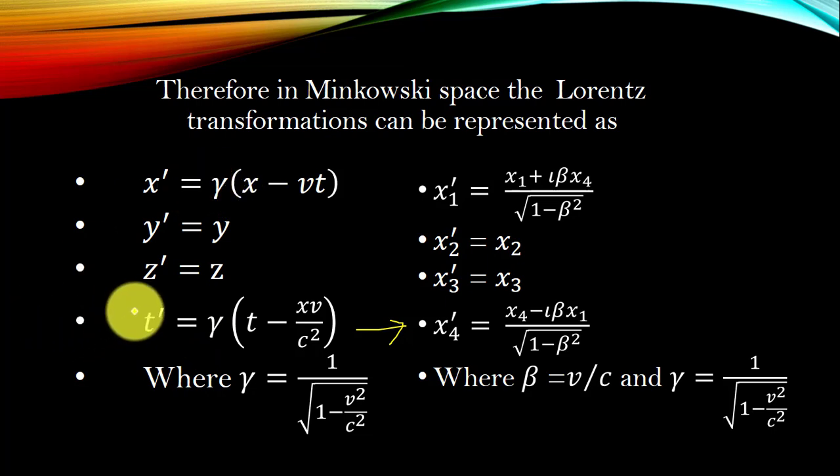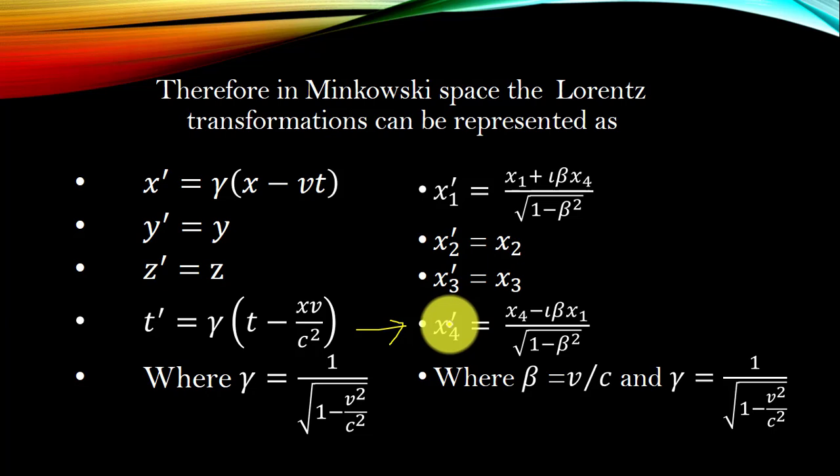As you know, here the time is connected to these three, but time is considered independent here. But here we have connected the time with all the three coordinate systems. So it is a space-time transformation, and here it is space and time transformation. So x4 prime is denoting the time coordinate of the